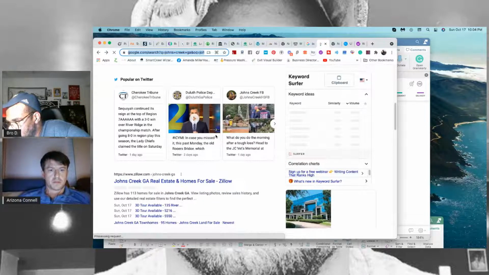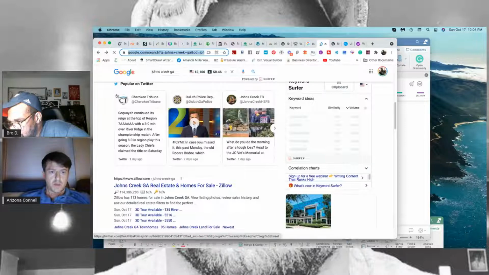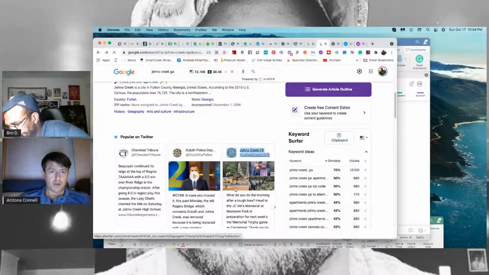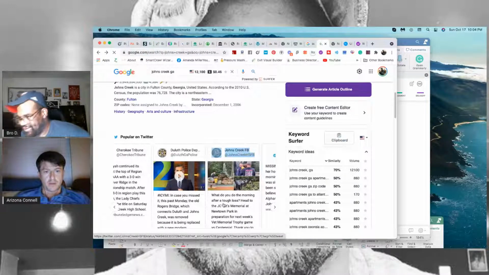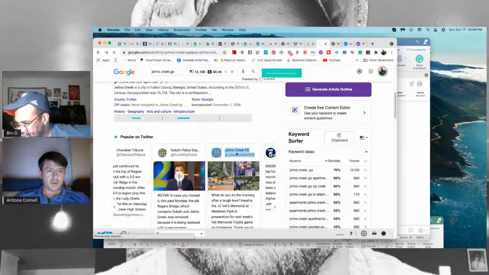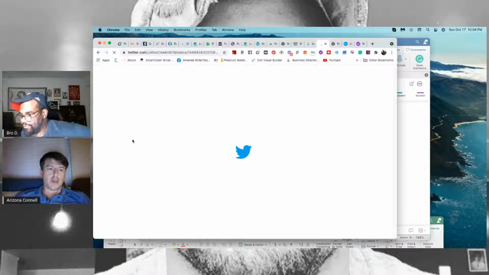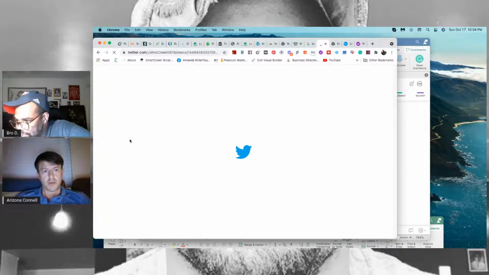And how do we know that? Because they put it on the first page. They'll have a Twitter feed, commonly on their first page of results, from a news source. The local news channel's Twitter feed will commonly be on there, or the city, whatever's really popular in that area.